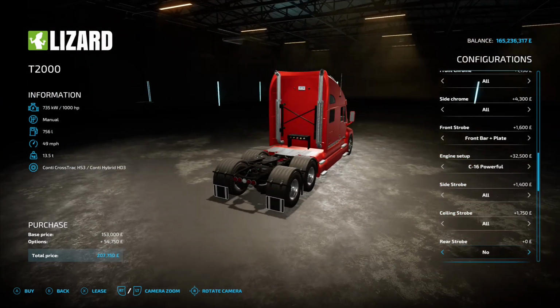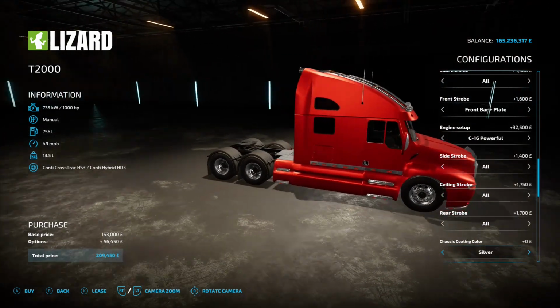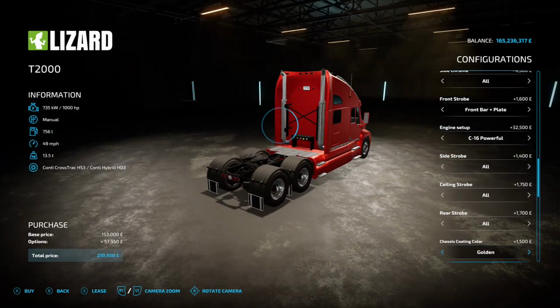Again, I didn't see this. Even when I bought the truck, I didn't see it. So we've got side 1, side 2, superiors, side 1 and side 2, side 1 and superiors, 2 and superiors, or all of them. I didn't see them. Didn't see them when I put the truck into the game either. Anyway, chassis coating colour. So we've got silver, gold,